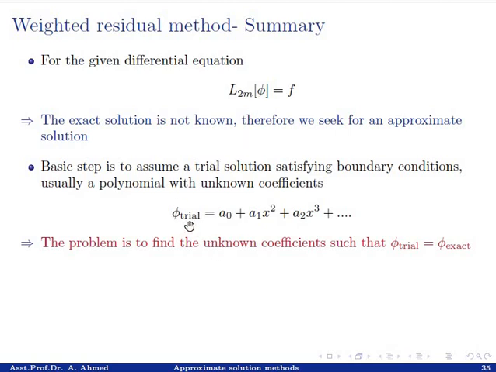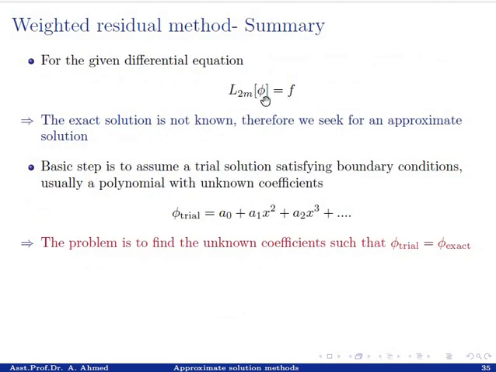And let's say you have assumed a polynomial trial solution a0 plus a1x square plus a2x cube plus something. Now the problem is to find the unknown coefficients such that phi trial, the trial solution, is exactly equal to the exact solution. So you will put the trial solution in this equation,